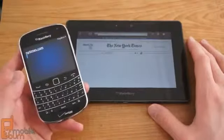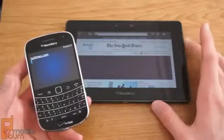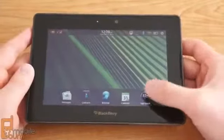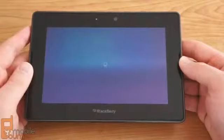This doesn't seem to be too practical of a solution for somebody who has their smartphone right next to their Playbook, but if you do have the Playbook hooked up into an HD TV, it could be a viable presentation scheme. BlackBerry Playbook 2.0 also brings a brand new App World with a redesigned user interface and features for different